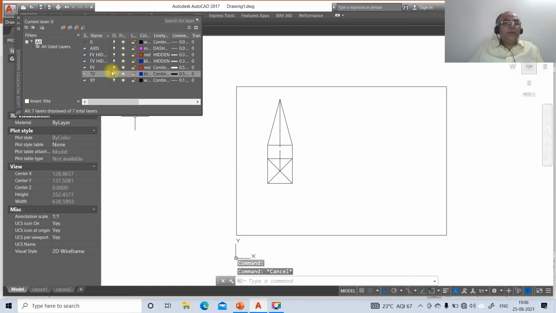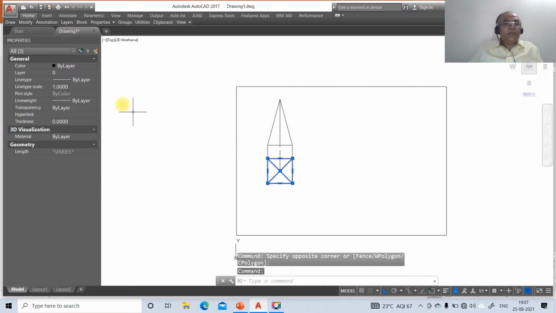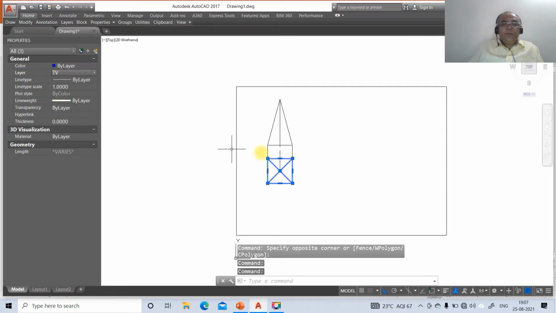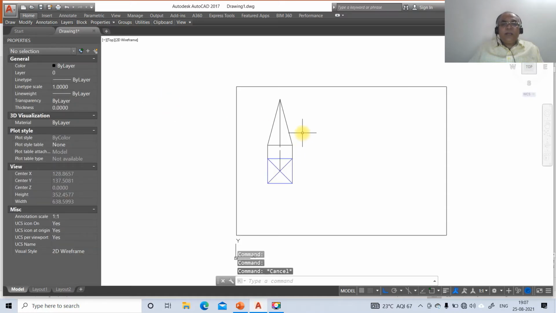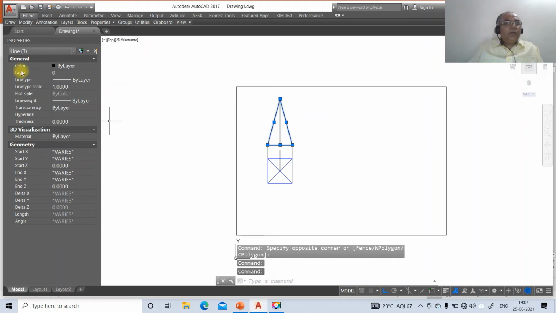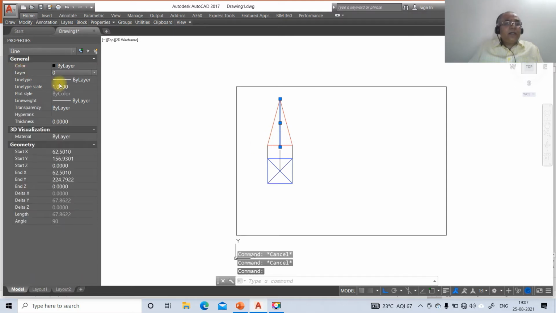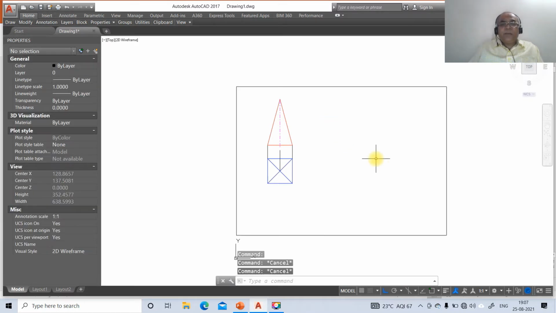Then you just go to close it and then you just come down to this, you select on this, go to layer, click on top view, so escape. Again you just click on this and click on this, go to layer, you make that as front view. Similarly you just click on this, go to layer, click on this axis and then type it as 10, then escape. Once you do that, you are going to get the line weight display.